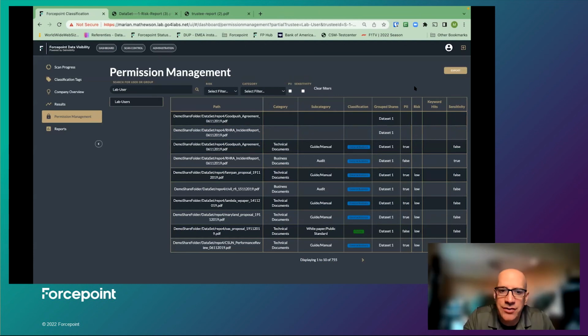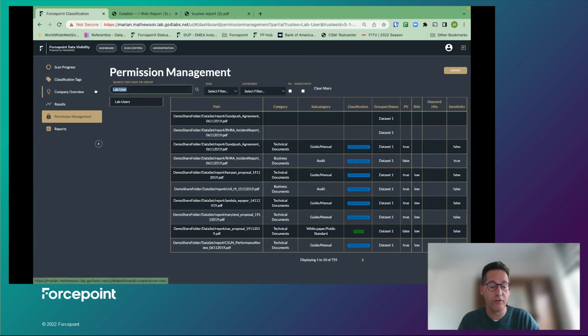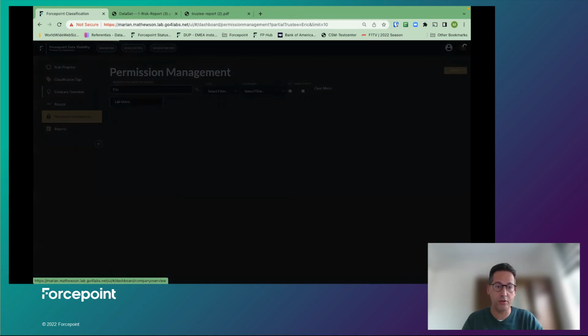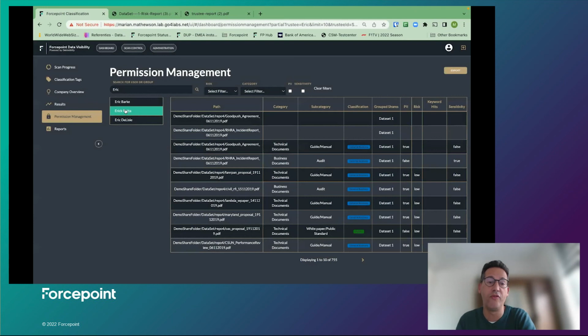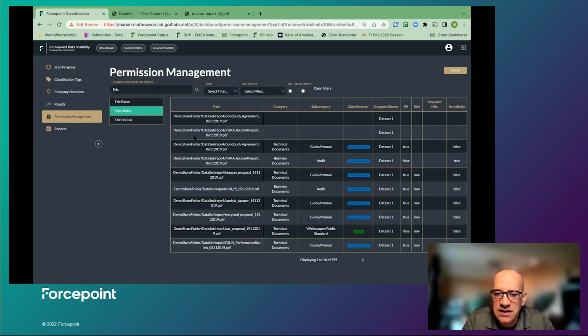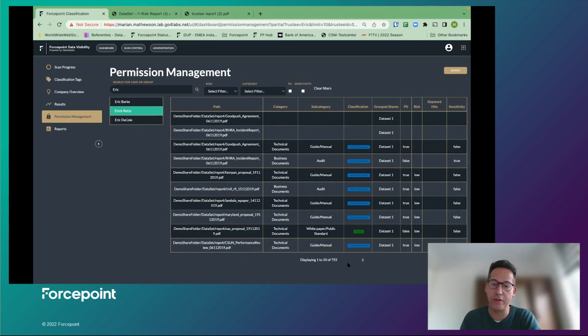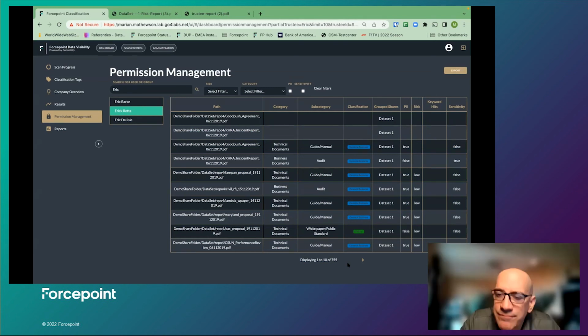Did you want to share any other thing on the permissions, like maybe by user? Can we look at it that way? Yeah, you can also investigate a specific user. So let's take an Eric. So Eric Retta, for example, and I can list all the files that Eric has access to as well. Okay, it looks like he's got access to everything as well. Yeah, this organization has been over-permissive with access to files. Okay, so also another one where you'd want to do an export and then remediate that to limit the permissions. Exactly.